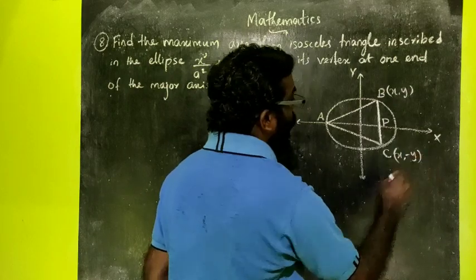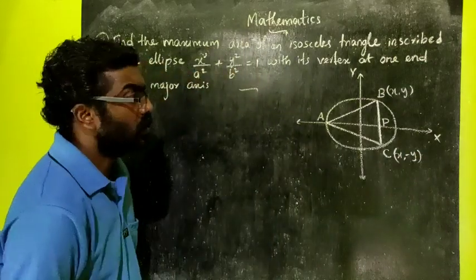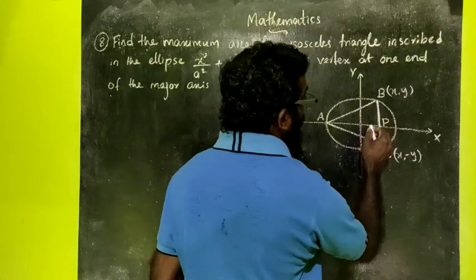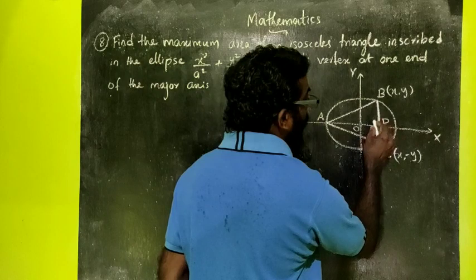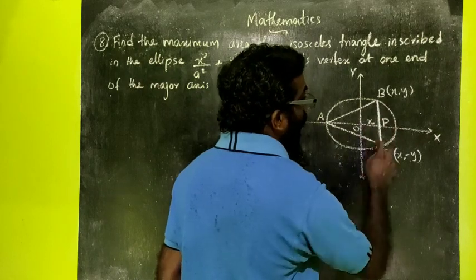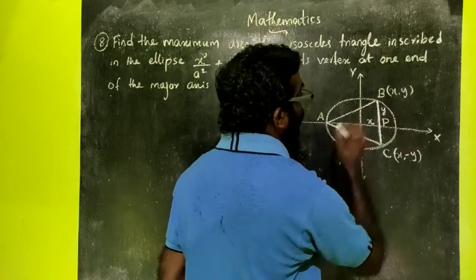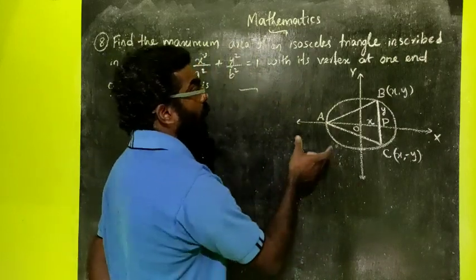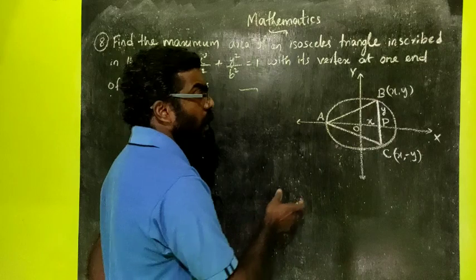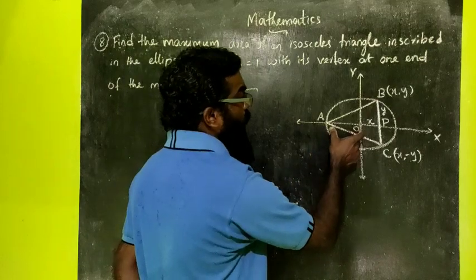The coordinate of C will be x comma minus y. So the distance from origin to P, OP will be equal to x and PB will be equal to how much? Y. Okay. And length of the major axis is 2a and length of semi major axis, this length OA